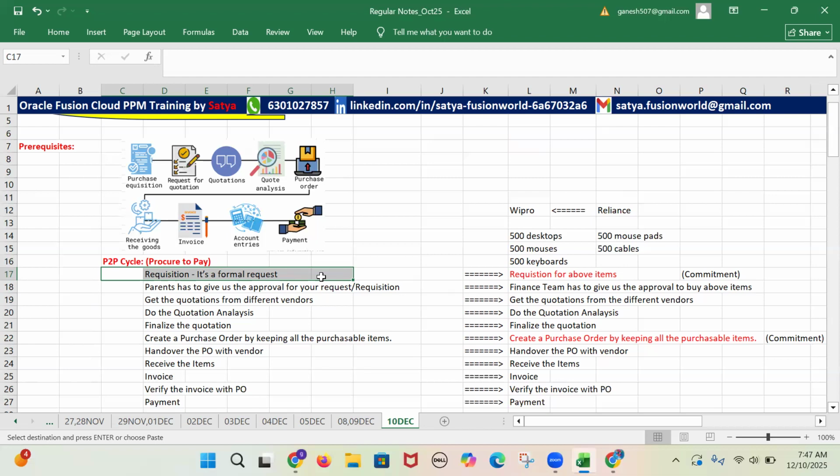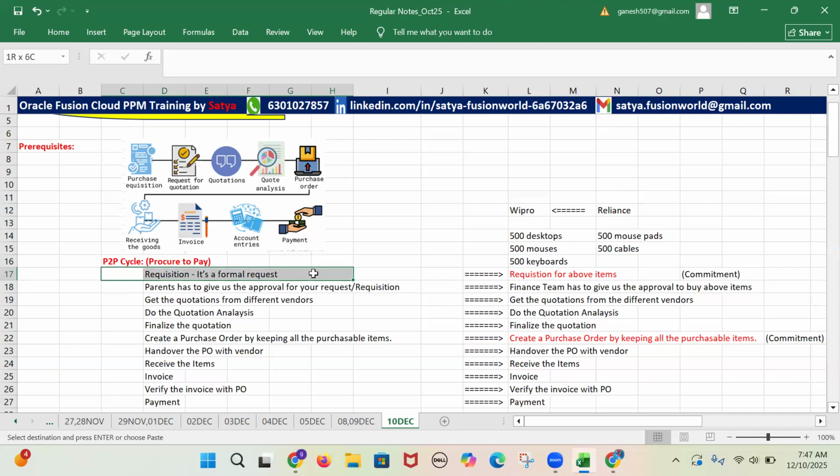There is a logistics team in every company, so they put a request with the company management to buy 500 laptops. Got it. So that way you are making the requisition with your top management. Requisition is nothing but a formal request. As soon as your request is approved by the parents or company management or college management,